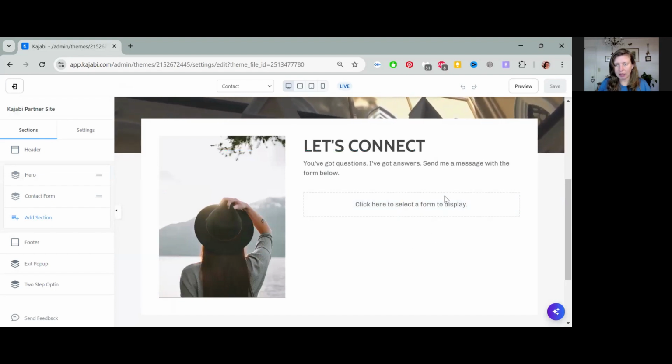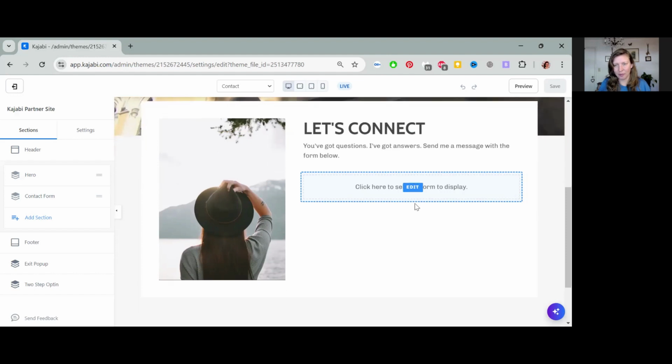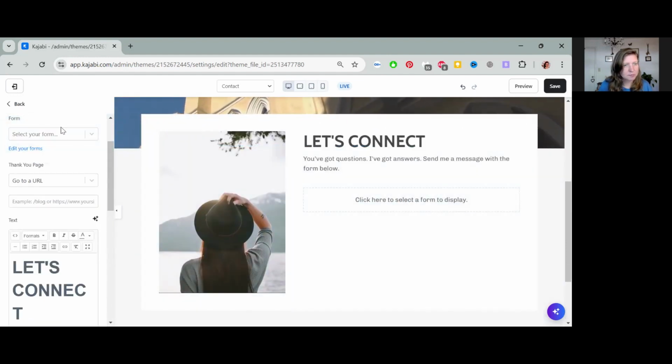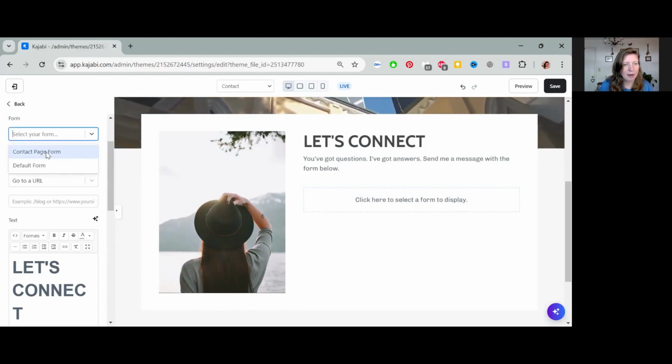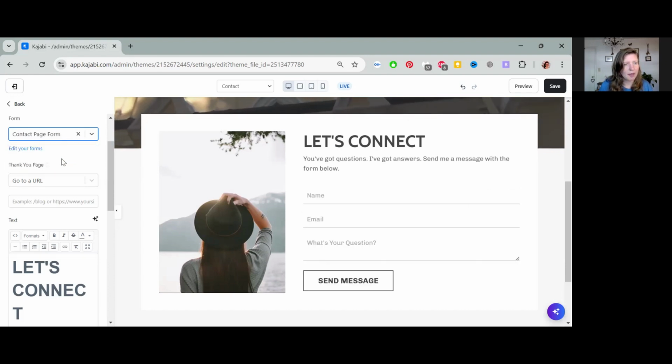And right here is the sweet spot. This is where we're going to insert the form that we created. So I'm just going to click edit on this box. I'm going to select my form. And that was the one we created, was called the contact page form. So I'm going to put that in there,